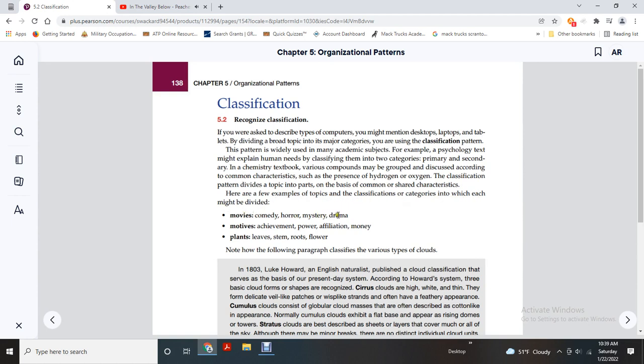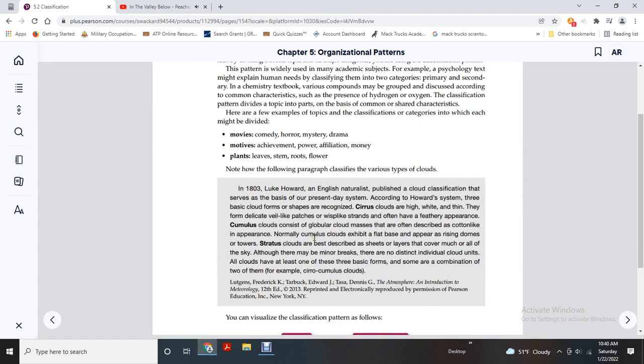Movies: comedy, horror, mystery, drama. Motives: achievement, power, affiliation, money. Plants: leaves, stem, roots, flower. Note: the following paragraph classifies various types of cloud. In 1803, Luke Howard, an English naturalist, published a cloud classification that served as the basis for our present-day system. According to Howard, the three basic cloud forms and shapes are recognized: cirrus,